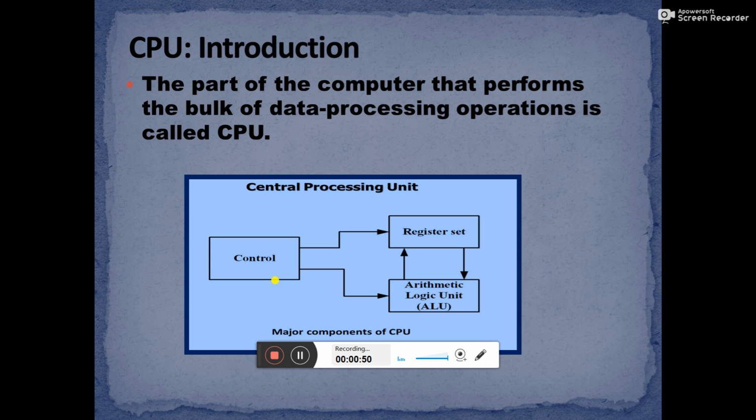The register set stores the intermediate data used during the executions. The ALU performs the required micro operations. The control unit supervises the transfer of information among the registers.